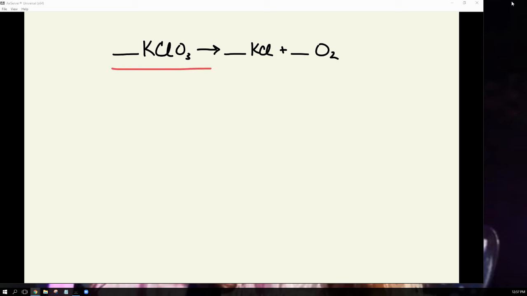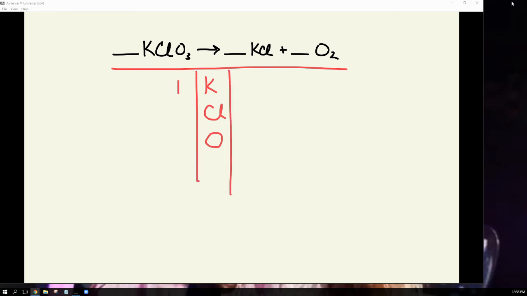So for this one, again, I'm going to write my chart. I have K, I have Cl, and I have O. On my left side, I have 1 K, 1 Cl, and 3 Os. On my right side, I have 1 K, 1 Cl, and 2 Os. Okay. So looking at this really quickly now, my Ks are balanced, my Cls are balanced, but my Os are